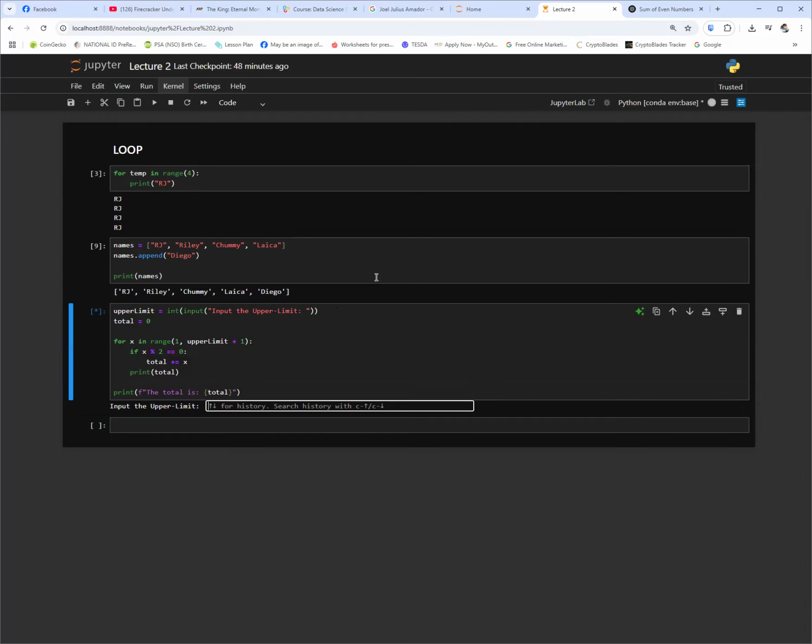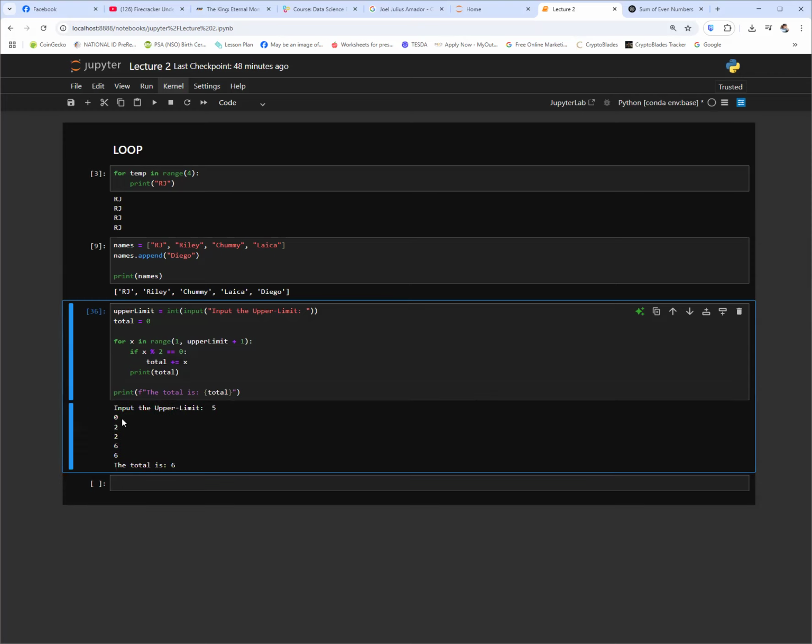All right. It seems that it's printing twice. So for 5, 1, 2 plus 4, 6. And okay naman sir. So why is two repeating? So it should be print total. The first value of total is 0. Yes po. The next value is